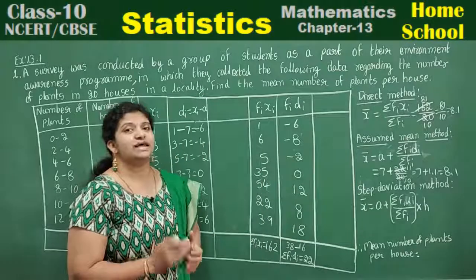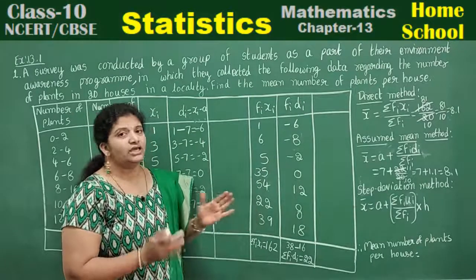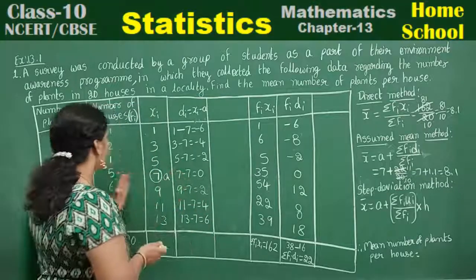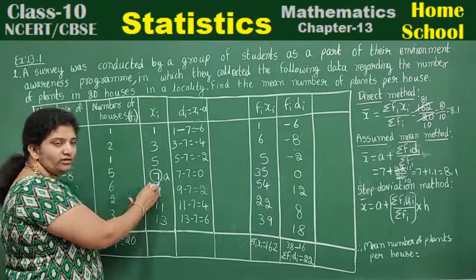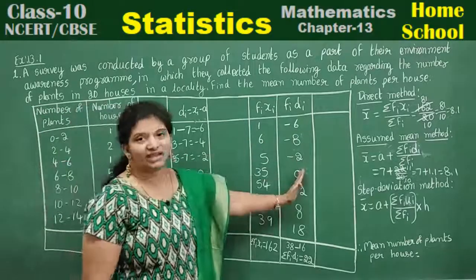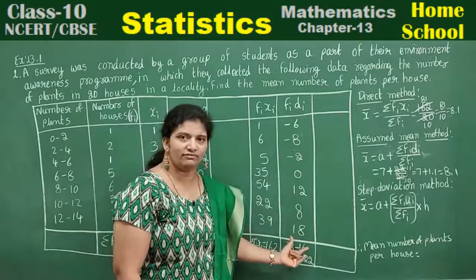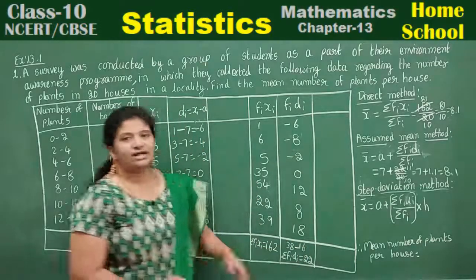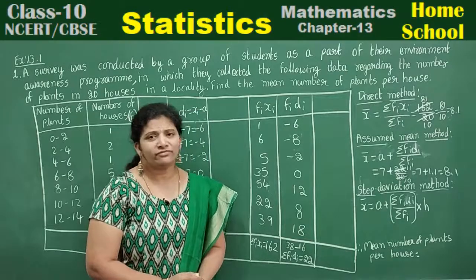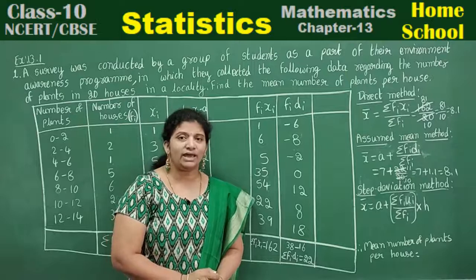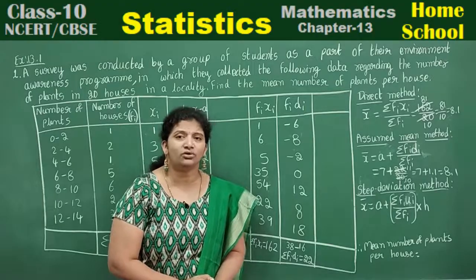Let's go with the step deviation method. See, children who are interested to do an assumed mean method, yeah, problem also completed. How we are going to complete? Class interval, frequency, score, deviation, fi di. You don't need fi xi. Okay, fi di column if you have taken, that is enough for you. Let's start with your third method, step deviation method. What is the formula? x bar is equal to A plus summation fi ui by summation fi into h.